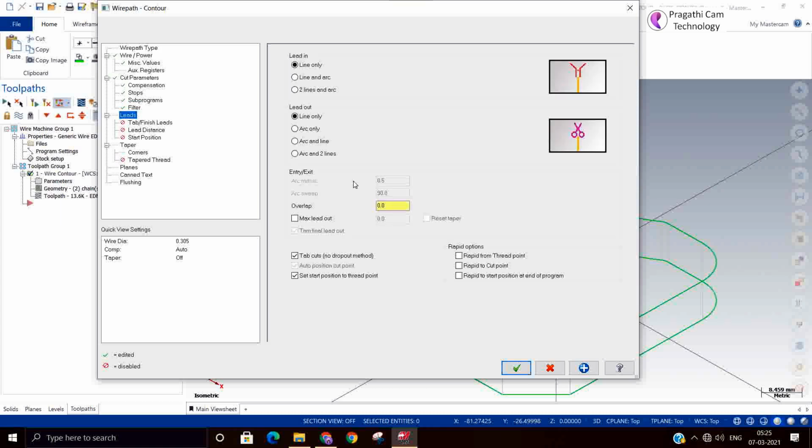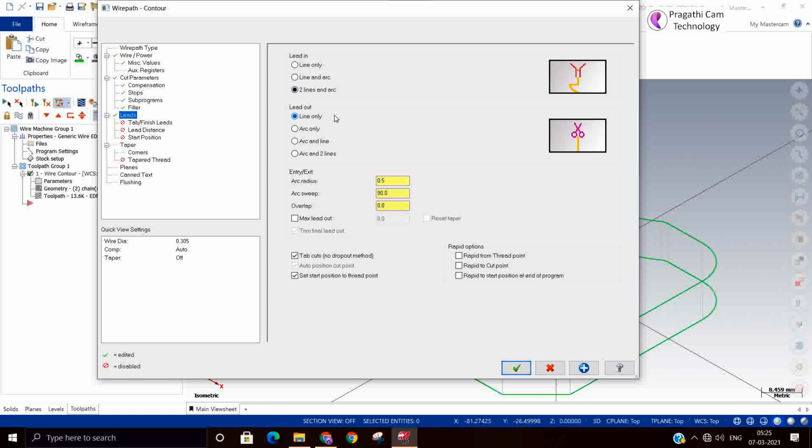So next is the lead in, lead out. This is how the wire is to enter the material and exit from the material. It can be line entry only, or line and arc entry, or two line and arc.